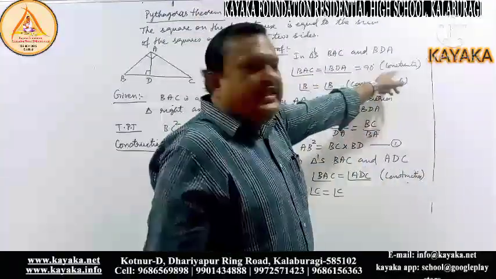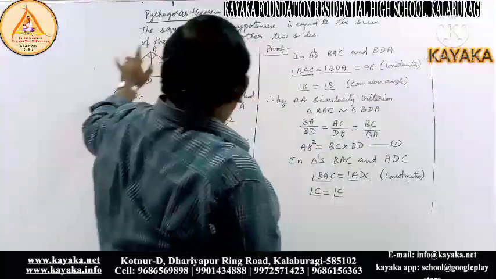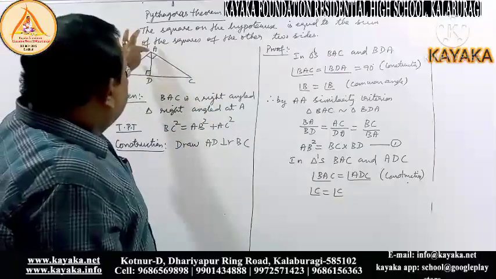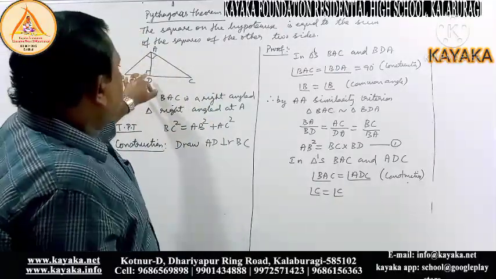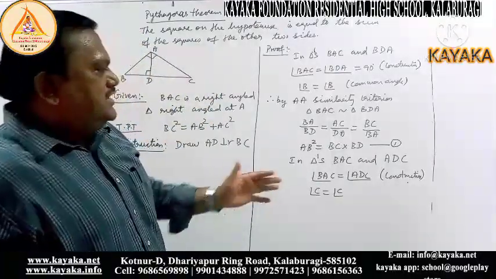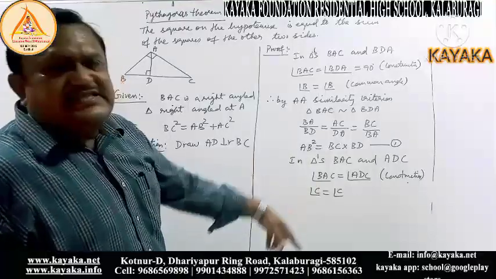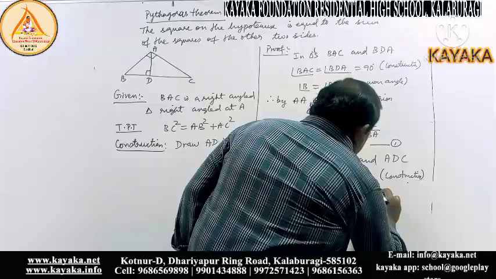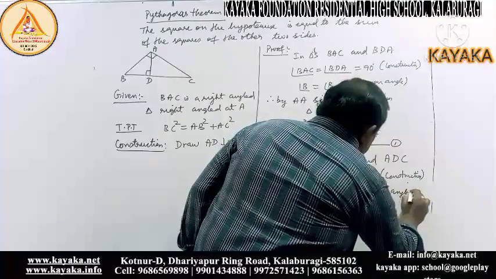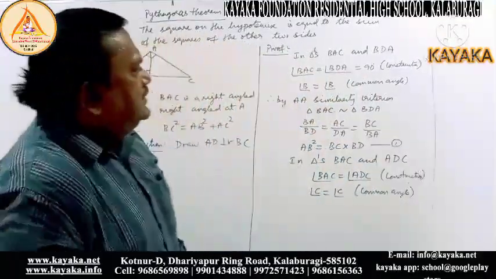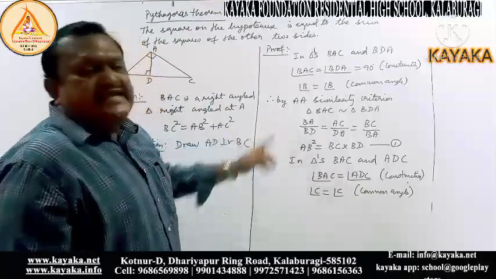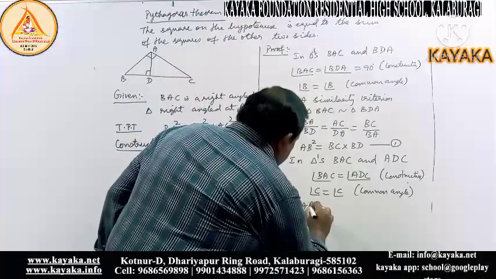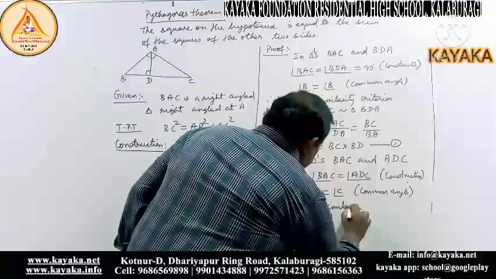this angle, why I wrote here construction, because we are constructing a triangle ABC right angled at A and again we are dropping a perpendicular from A to BC which is right angle at D. That's why I wrote that construction. And angle C equal to angle C becomes the common angle. Therefore, by the same AA similarity criterion,